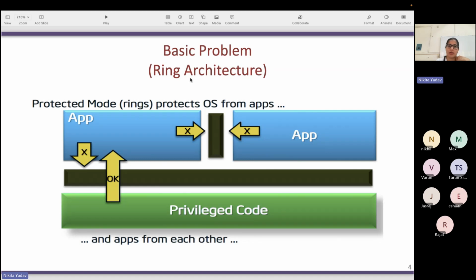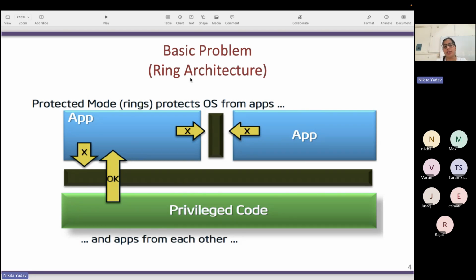And similarly, your ARM also has four execution levels. Now, what are these protection rings or execution levels? These are basically privilege rings or privilege modes in which your processor can run. There are these four rings in your x86: ring 0, ring 1, ring 2, ring 3, where ring 0 is the most privileged ring or level, and ring 3 is the least privileged